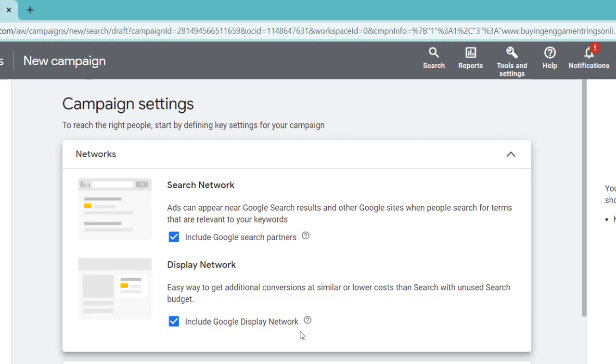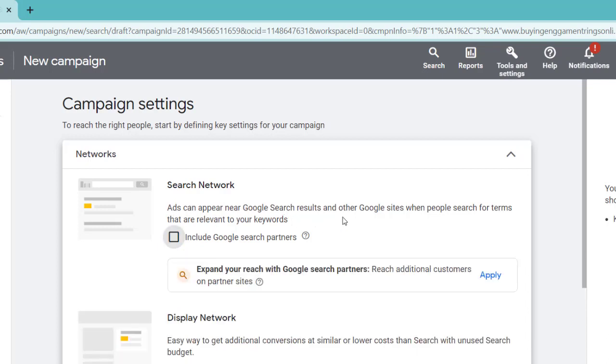This is really important, so you don't waste your money on useless clicks. So I will deselect the display network and deselect the search network too. Ads can appear near Google search results and other Google sites when people search for terms that are relevant to your keyword.